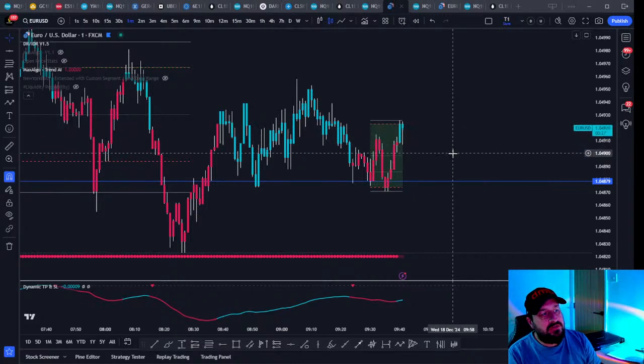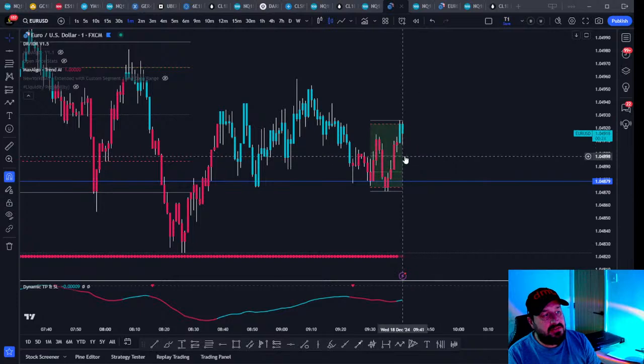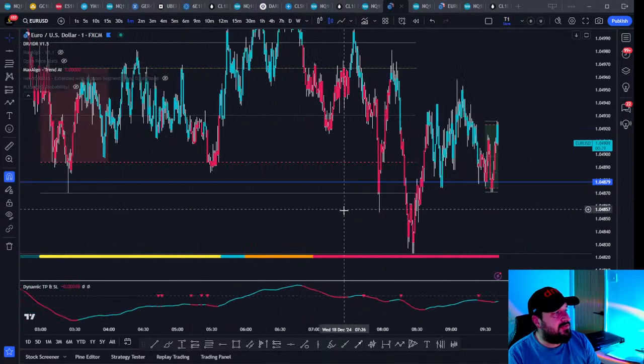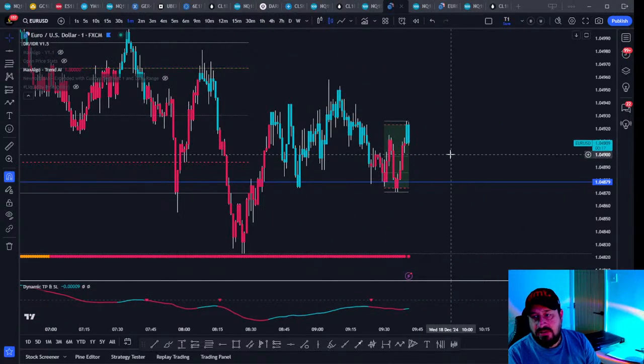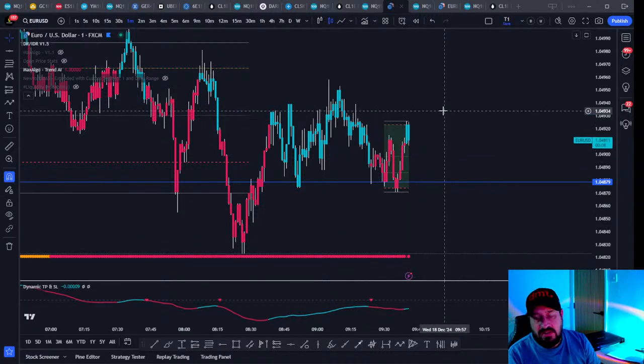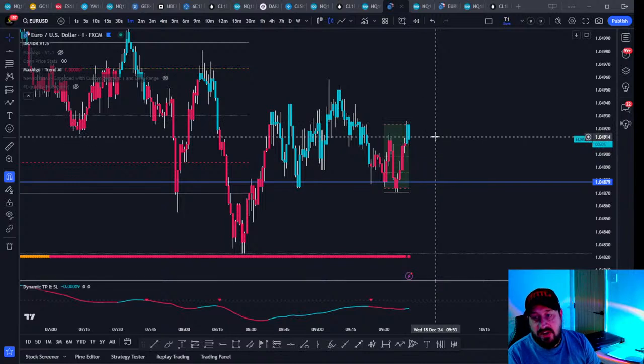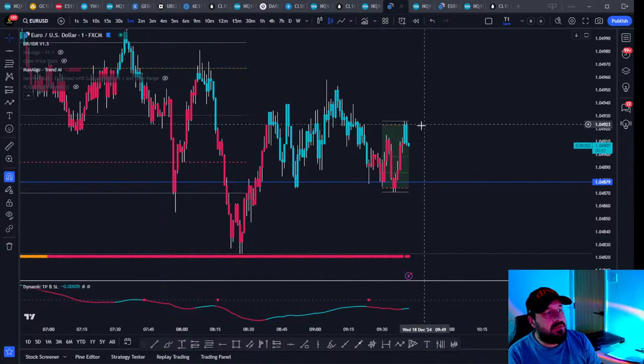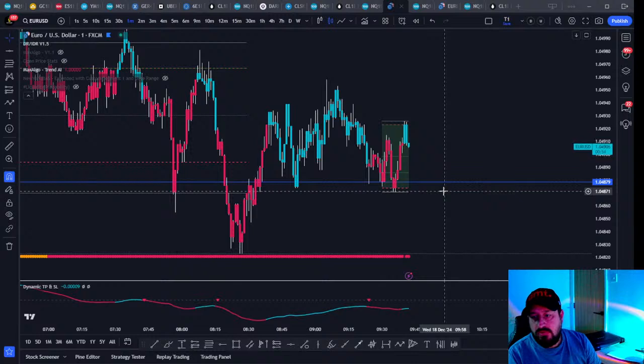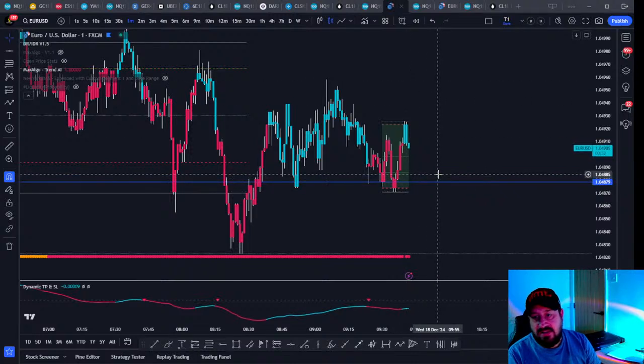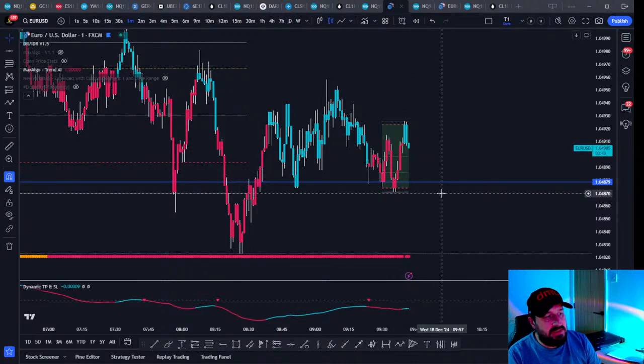If price retraces to 50% of the IDR, so 50% of the hourly range, there's a 50% probability that price will take the low. And there's a 50% probability that price will take the high. If it retraces to 25%, it's like a 57, slight, maybe 60% probability that price will then take the high instead of taking the low. And if we get to 25%, it's like 75% probability we take the low.